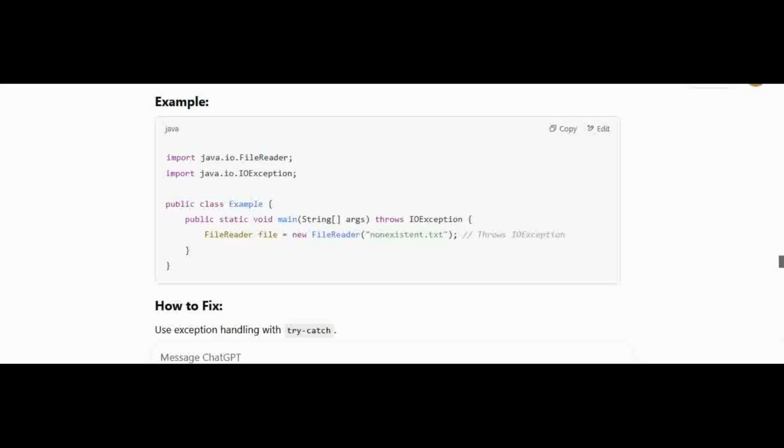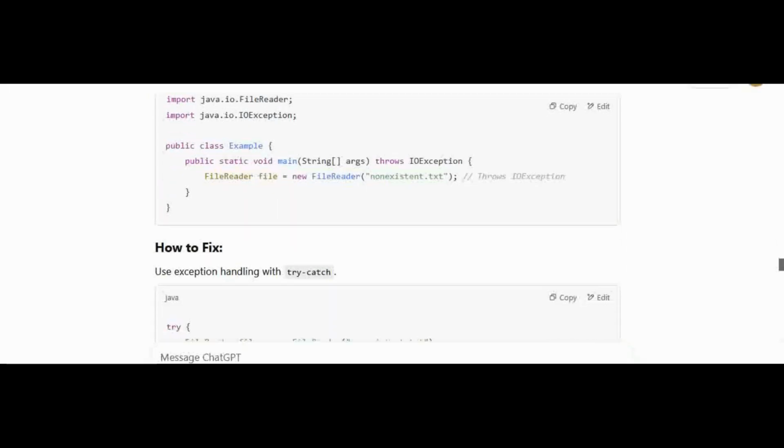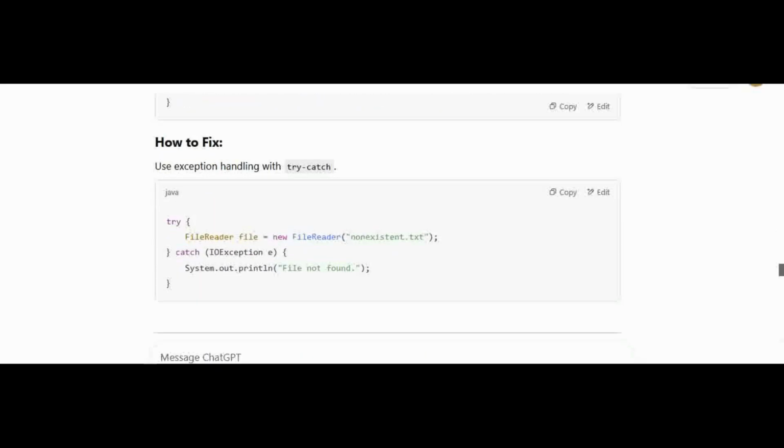How to fix? Use exception handling with try-catch. We have try { FileReader file = new FileReader("nonexistent.txt"); } catch (IOException e) { System.out.println("File not found."); }